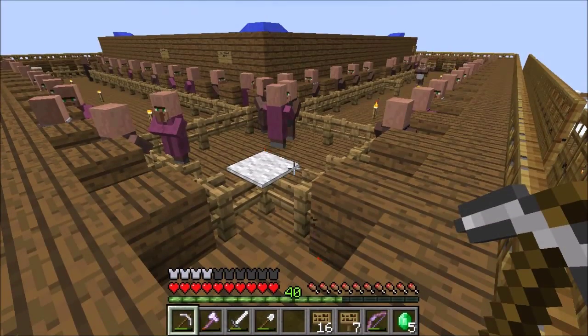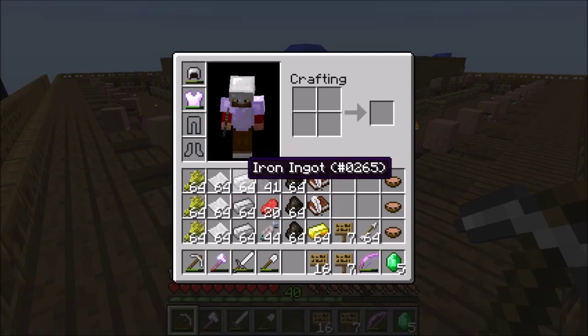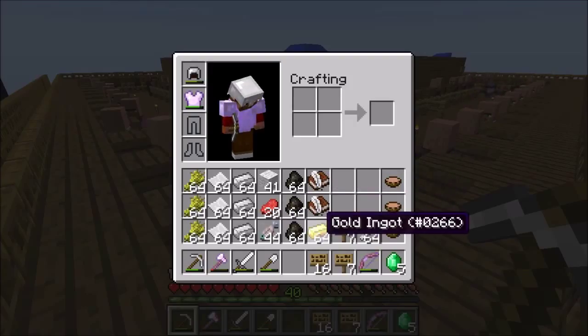Alright, I think we're ready for another batch of villager trading. I did a bunch of wheat farming just using bone meal. Plenty of paper and iron. I did some more fishing and charcoal farming. I hope I don't have to use all this. I got in the gold farm in the nether. But if I need to, I can use some of that to trade